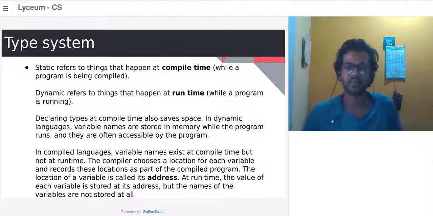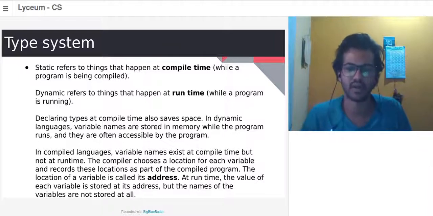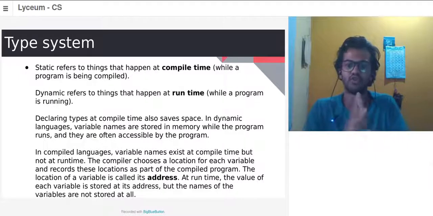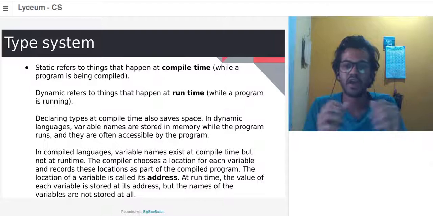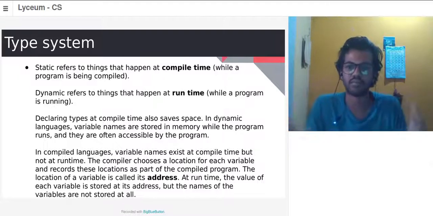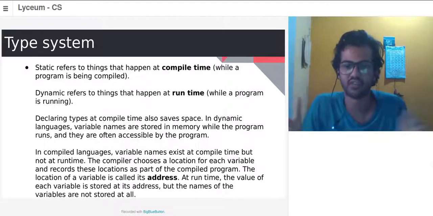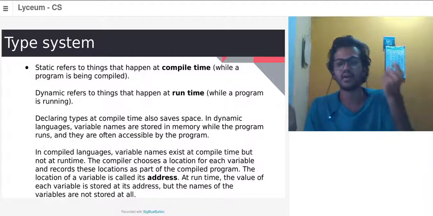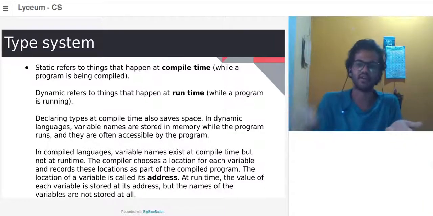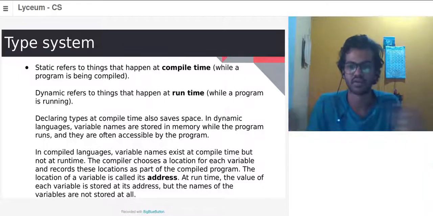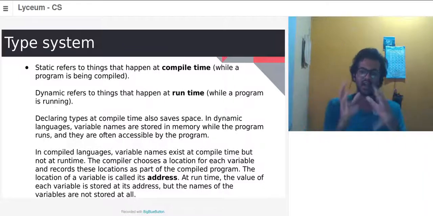Yeah. Now I'll probably just go to the terminal and show you how the type system is, and give you more examples as to how languages are again classified into static programming languages and dynamic type programming languages. So static actually means